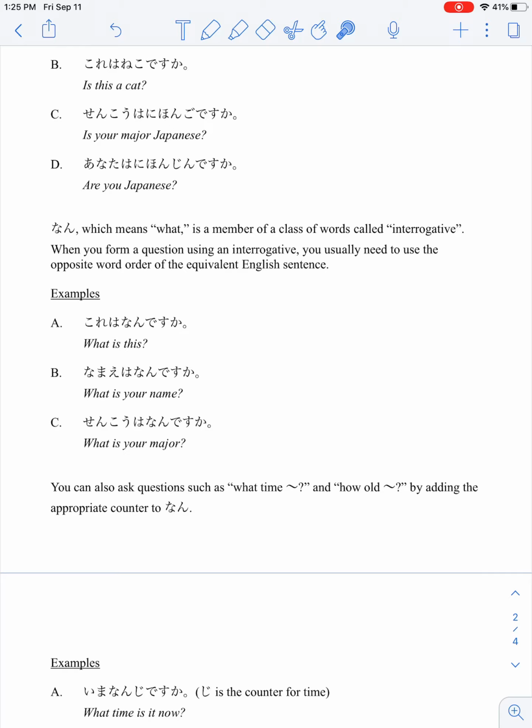What is your name? 名前は何ですか？What is your major? 専攻は何ですか？